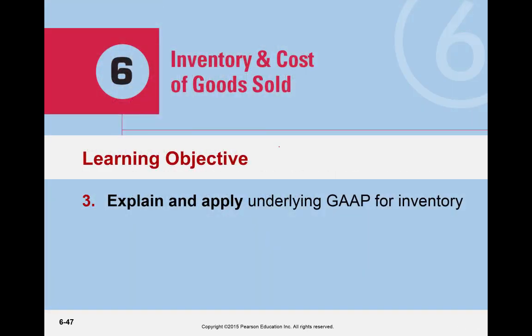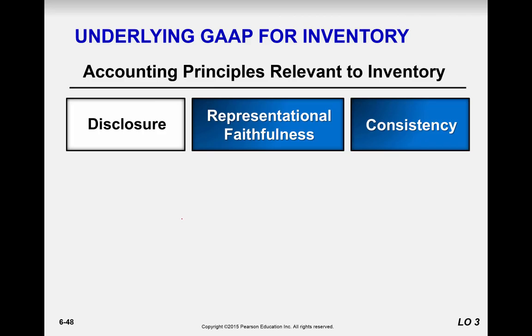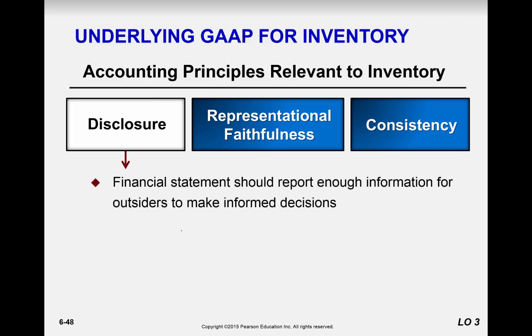So now let's move on to our third learning objective, where we're going to apply GAAP to inventory. So we have to disclose in the financial statements enough information for reasonable decision makers to make informed decisions. Usually that's done through the notes to the financial statements. And a financial statement package is not complete